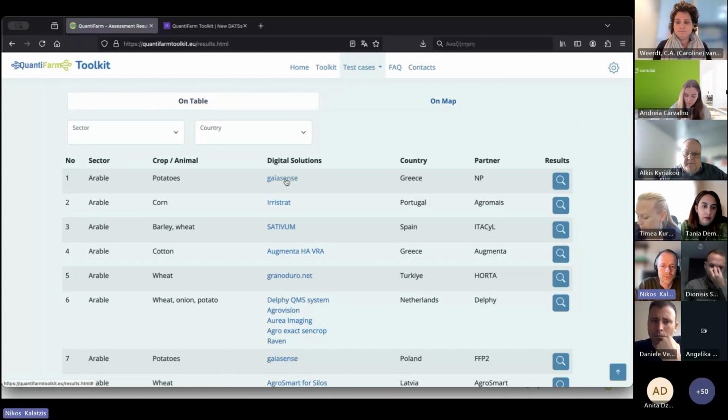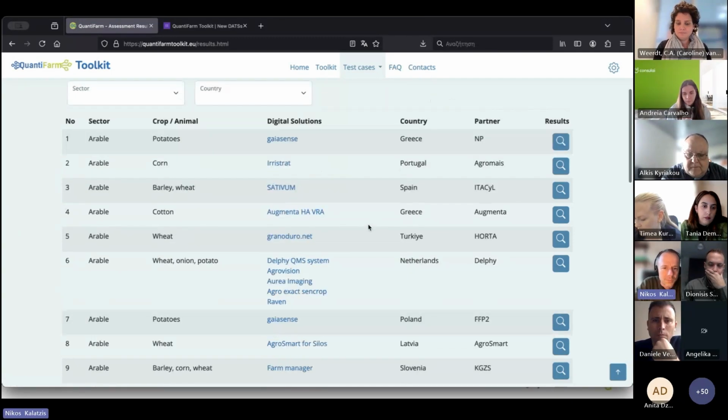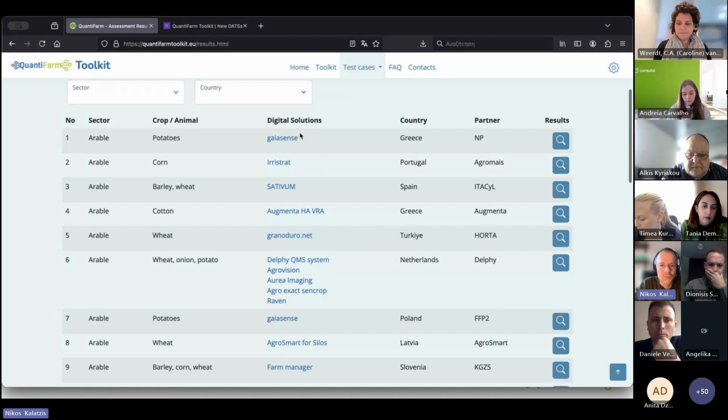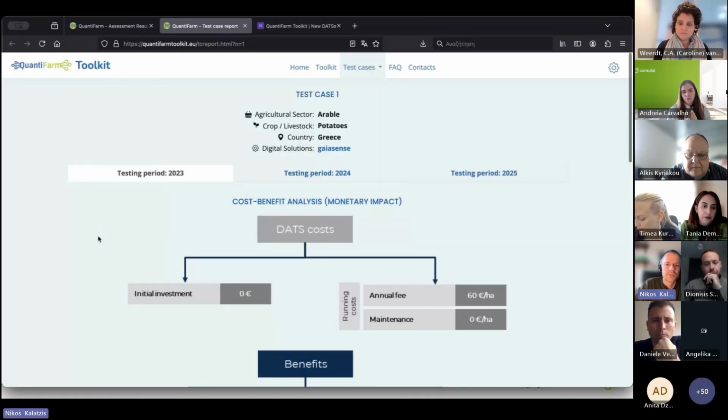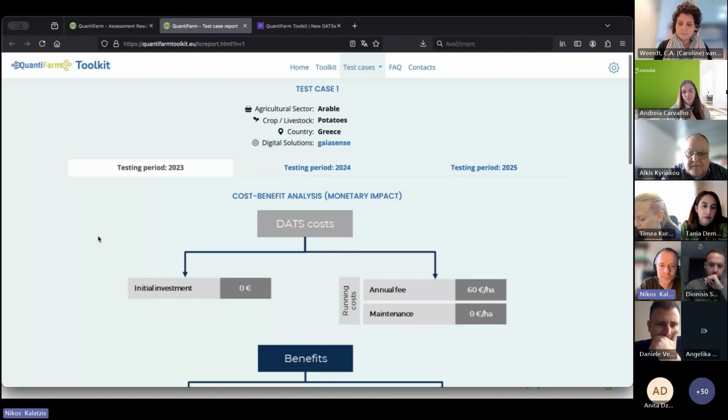And with regards to the technologies, you can get more information about the technologies also through the inventory. Now, with regards to the results from the testing periods,